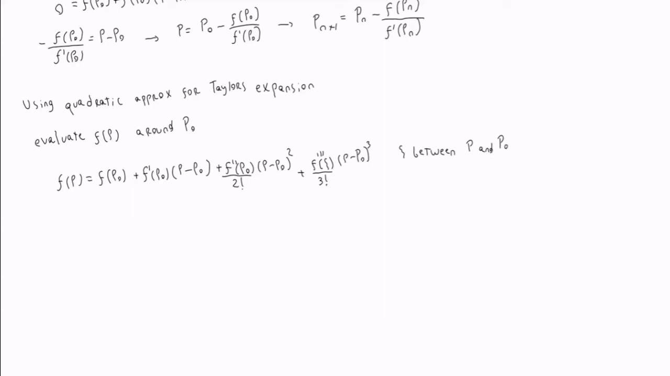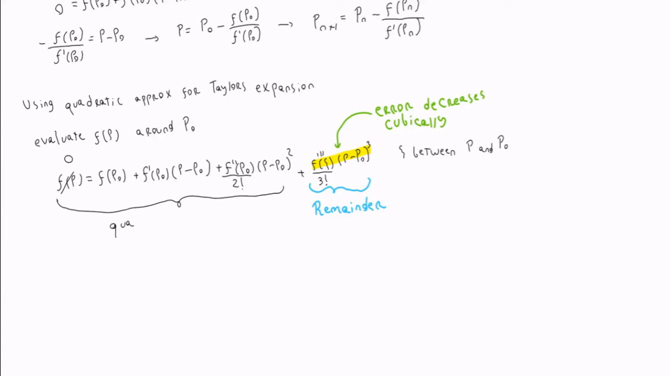Now, as you can see, the remainder is going to be the cubic term of this Taylor expansion, and it's going to be evaluated at a point between p and p sub 0. Now, following a similar intuition as above, we can say that the error decreases cubically, because p minus p sub 0 is assumed to be small, given that we are assuming that p sub 0 is a reasonably good approximation